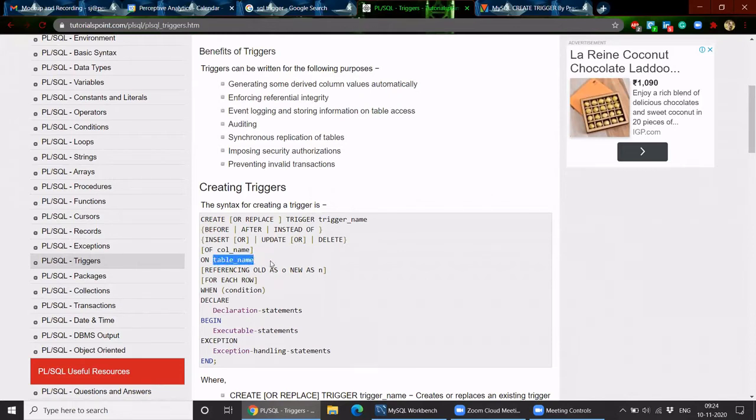So I can't call this trigger. It would only work when the customer table is updated or deleted, based on the function I have chosen here. So let's say I have chosen the update function. Whenever the customer table is updated, only then the trigger would run. Whereas a stored procedure, you can schedule it. It would run based on time or based on the call you made to it. You can't run a trigger automatically. It would run only on the event which you have assigned to it.